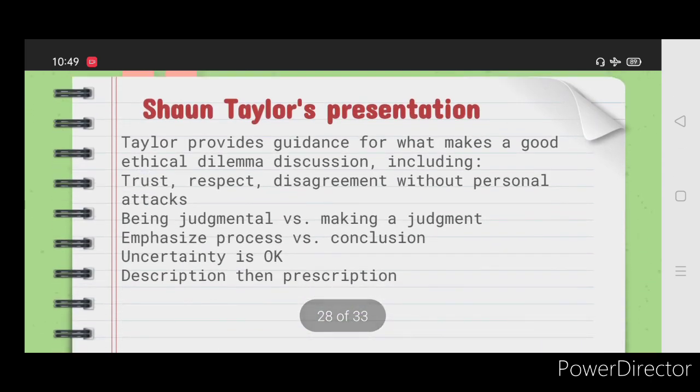Okay, so Sean Taylor's presentation provides guidance for what makes a good ethical dilemma discussion, including trust, respect, disagreement without personal attacks, being judgmental versus making a judgment. Okay, there is a difference between them. Ang judgmental kasi, it can be positive or negative. So when we say positive judgment, it's more on praising. Okay, kapag negative judgment, it's more on the